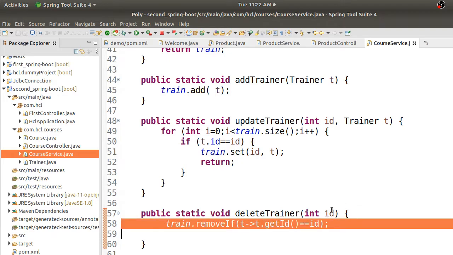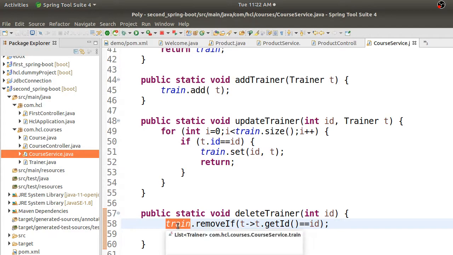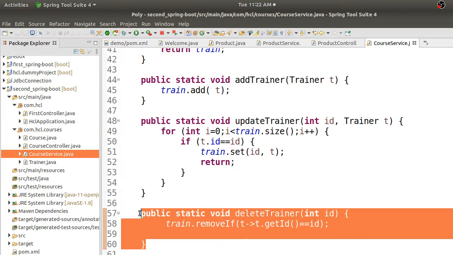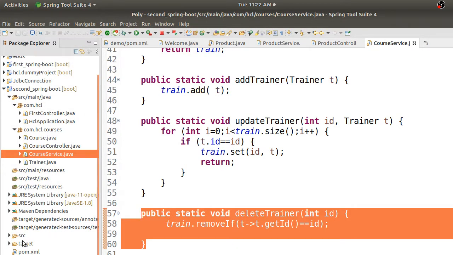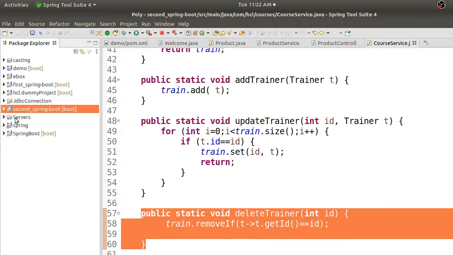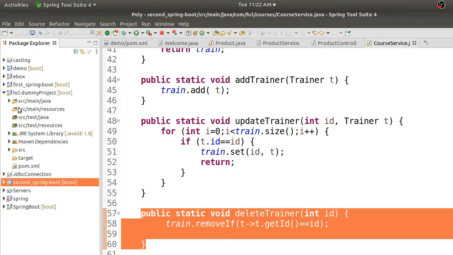So if you pass any ID, say 4, and if that 4 is present in this list, say we had a list called products. Now here the list is trainers, the train, right? So I will use train.removeIf. So here also you can use products.removeIf. Just if you use this, your other functionality would be done here. So you just add this line there. I think we did this dummy project, right?